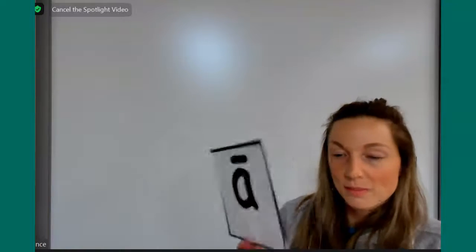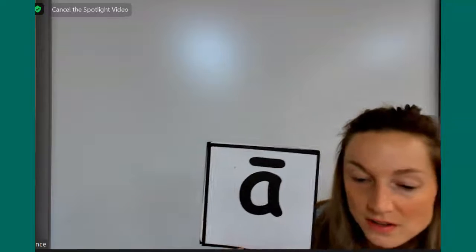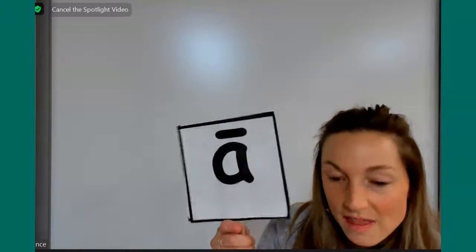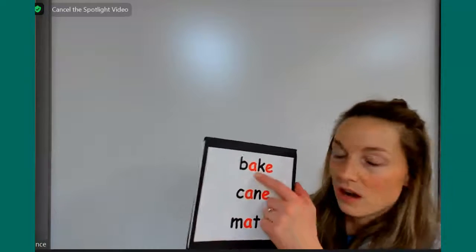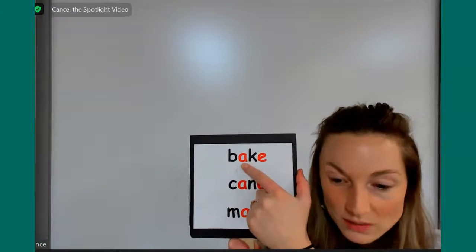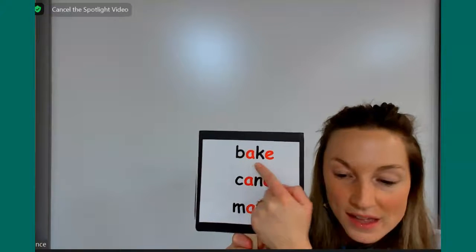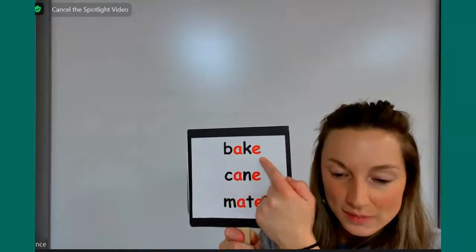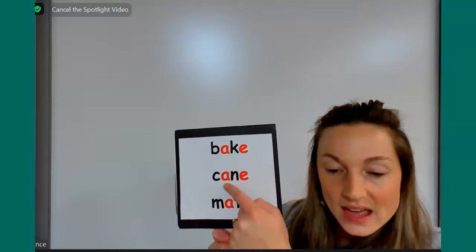For these longer ones, remember, if it has that bar on the top, we're going to say long vowels, and the long vowels make the letter say their name. So if this is an A, then the A is going to say A. So on these cards, we don't say ah, we say A. Bake, bake. Don't change the sound of the A. Cane,